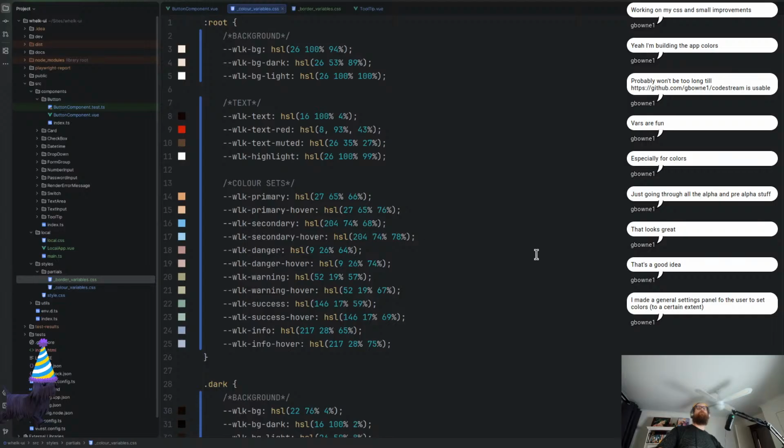I made a general setting panel for the user to set colors to certain set. Oh, nice. Yeah. The idea with this is it'll have defaults. These will be the defaults. From there, the user can override it with their own stuff. So yeah,